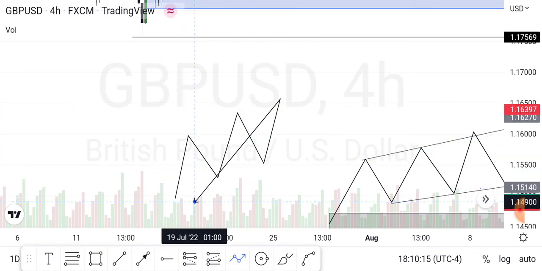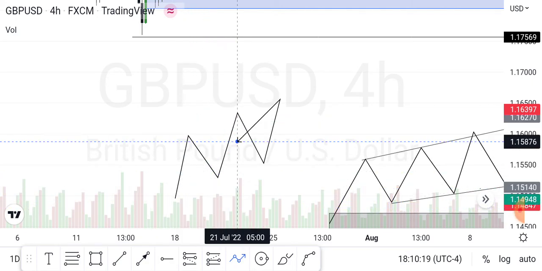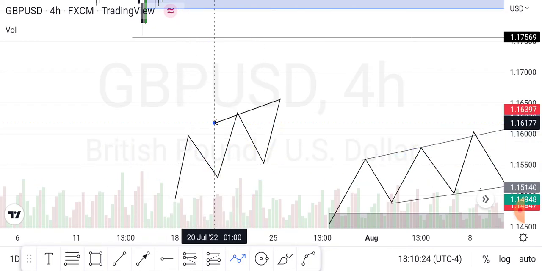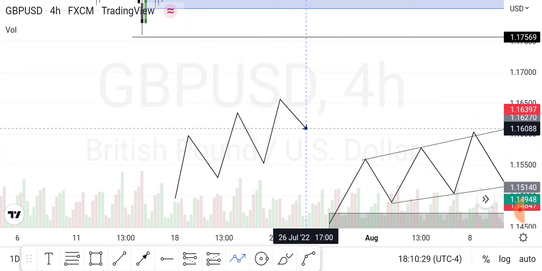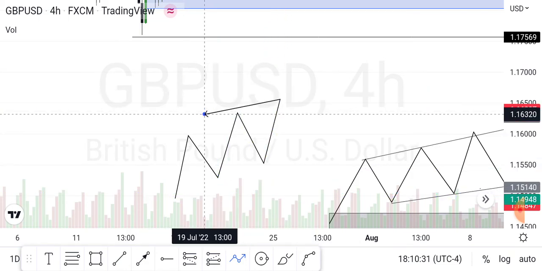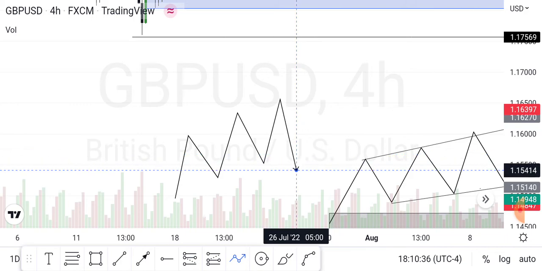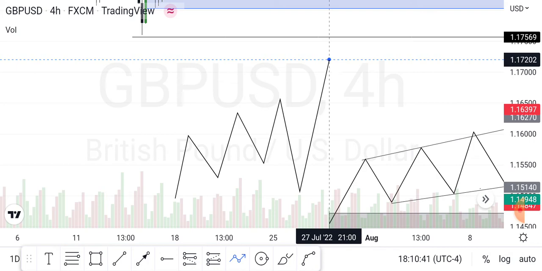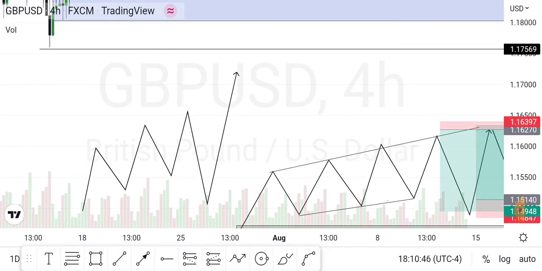So now we have all of this stuff happening here. We should already know that since we have this untapped OB here, all of this happening here is just liquidity generated. So we should have that consciousness that price is trying to generate liquidity in all of this for this OB, so that we can make the better move to the upside. And boom, the next thing you see is price grabbing all of this liquidity and making the proper move. So now, guys, we should be conscious of setups like this. Try to wait for the inducement.